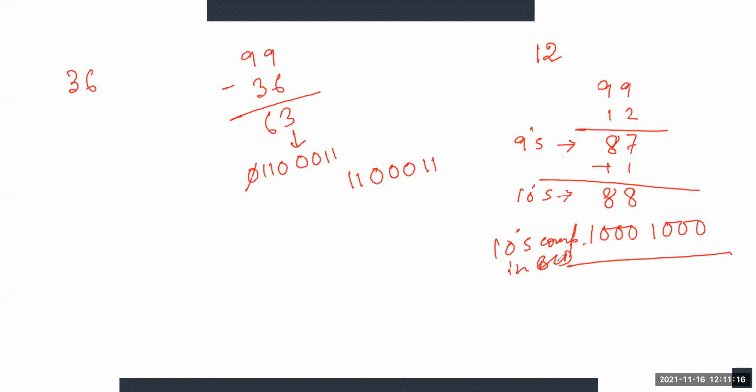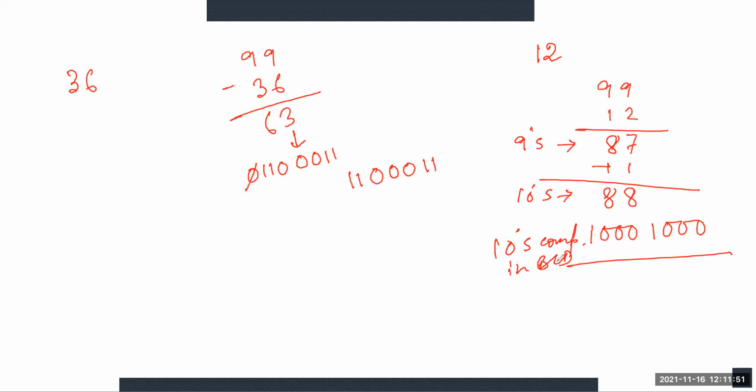Is there any doubt? No, sir. Sir, is the 12 that you were saying here BCD or decimal? When you said it, I did not understand. Okay, we were saying, in the exam they can give you 12 as decimal, or they can give you 12 as BCD. Suppose in your exam paper you will get 12 as a BCD number.